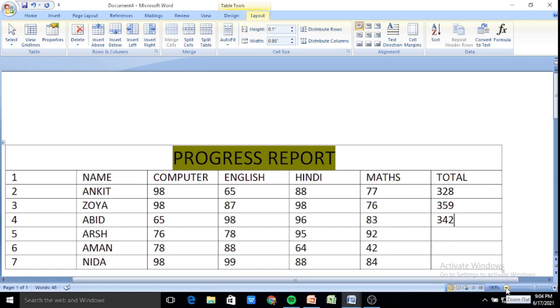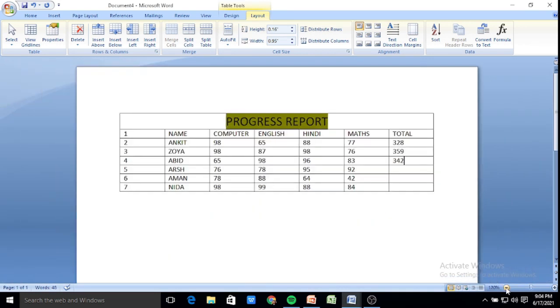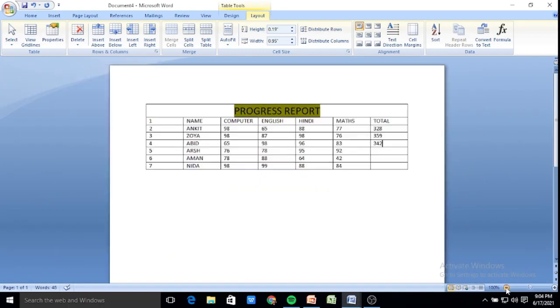Now with the help of the zoom out, which is in the taskbar, see here. On the taskbar you will find the zoom in and zoom out button, which will help you to increase or decrease the size of your window. Okay, now see here, splitting the cells and merging the cells you must have understood. Merging means to combine. Okay, now next was splitting. Splitting means what, children? Splitting means to divide.